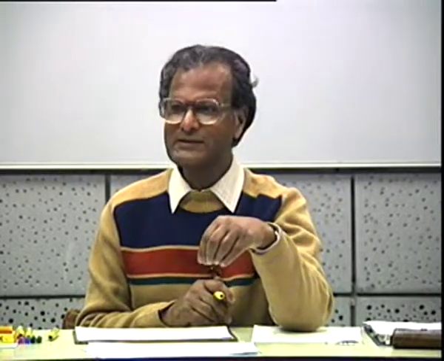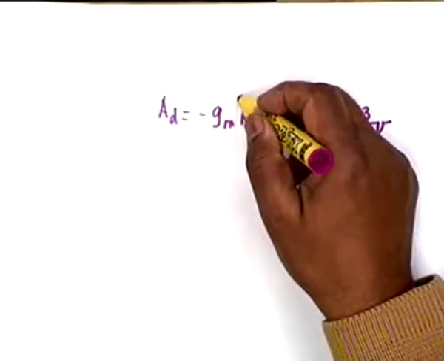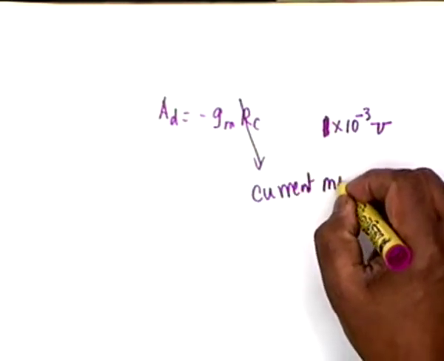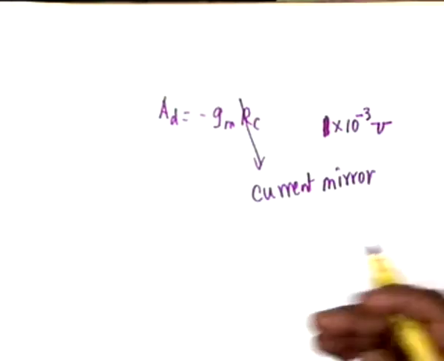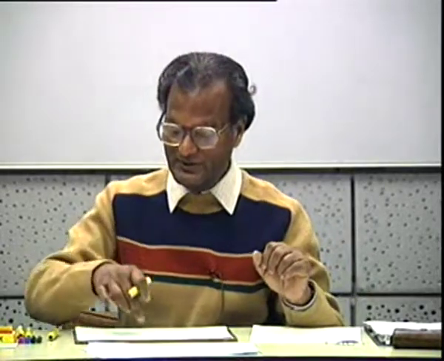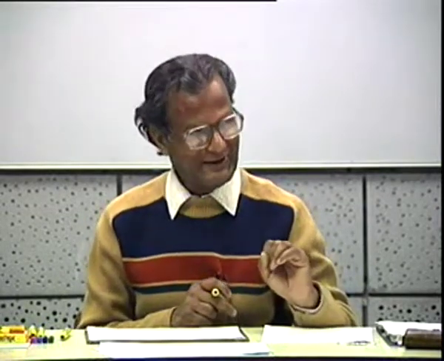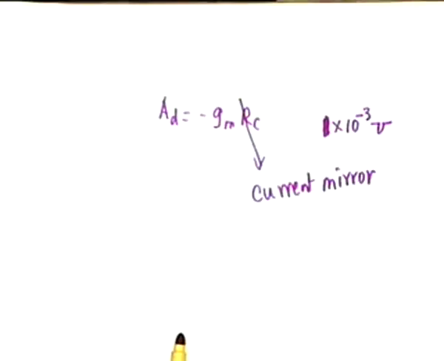So, on the other hand, differential amplifiers are required to have a large gain. And therefore, we play the same trick. That is, we replace R sub C now by means of a current mirror. That is how the op-amp circuit is being gradually built up. That lumped resistor RE has already been replaced by a current mirror. Now we want to replace RC also by a current mirror, so that we can use a large effective resistance without increasing the burden on integrated circuit fabrication or on the power dissipation or on the power supply also. Okay? So we want to use, instead of R sub C, a current mirror.